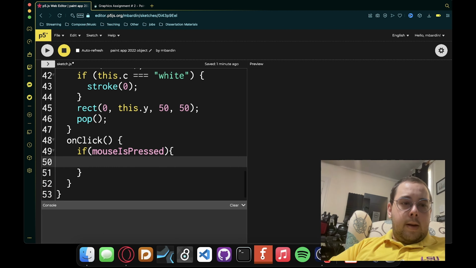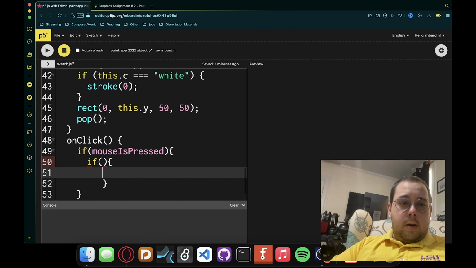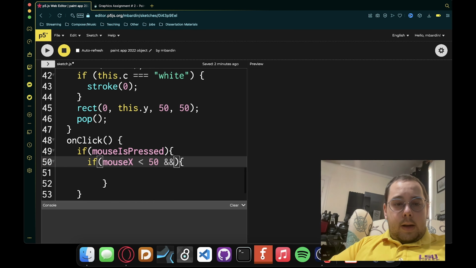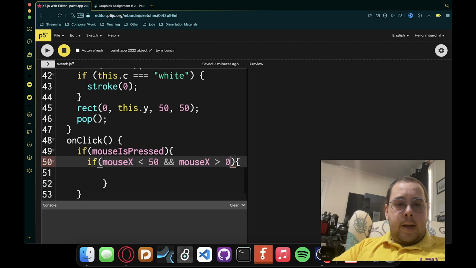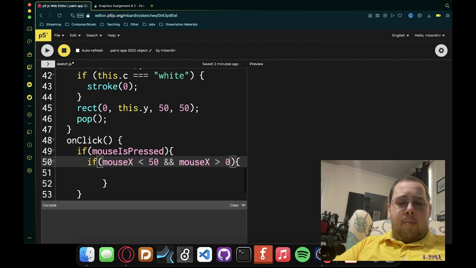There we go. I accidentally deleted that. Then we'll say if, and this one is just using some logic from that previous lesson. So if mouseX is less than 50 and mouseX is greater than 0. So if we're in that little area where we can't draw before,